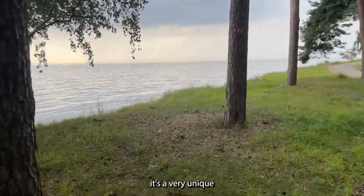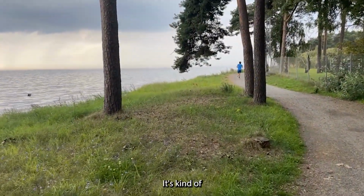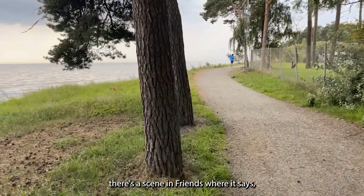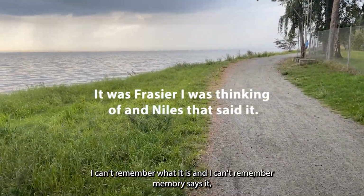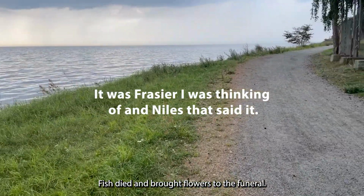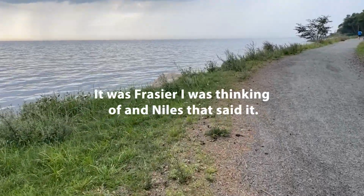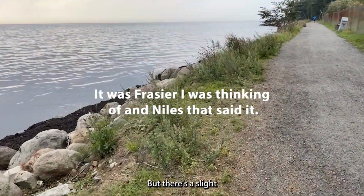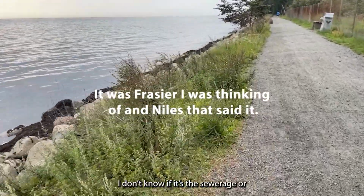It's a very unique smell. There's a scene in Friends where it says... I can't remember who says it, but they say it's like a fish died and brought flowers to the funeral, and all the fish friends brought flowers to the funeral. It's a similar thing. It's the smell of the sea, but I don't know whether it's a sewage or...